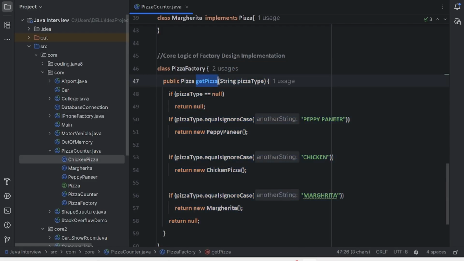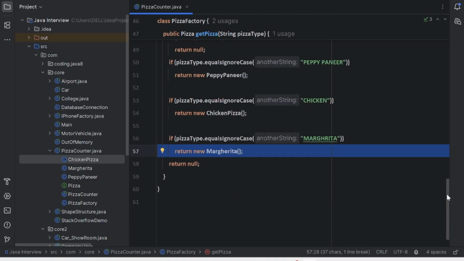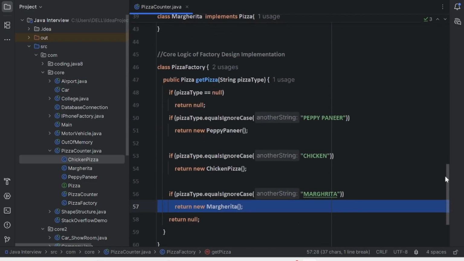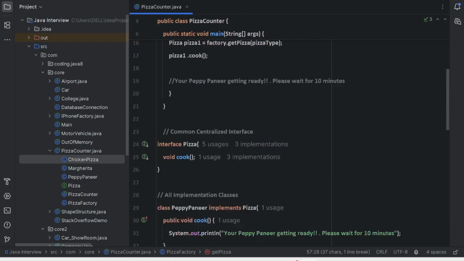This factory method is getPizza, or we can call it preparePizza. It will pass the pizza type, maybe pepper paneer or margherita, or maybe chicken pizza. So accordingly it will verify that request and it will create the object of that class dynamically, for pepper paneer or chicken pizza or margherita, however many types of pizza we implement this logic for guys. So this is the complete factory design pattern logic.